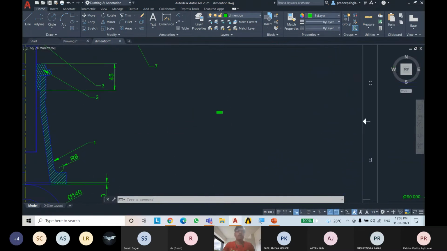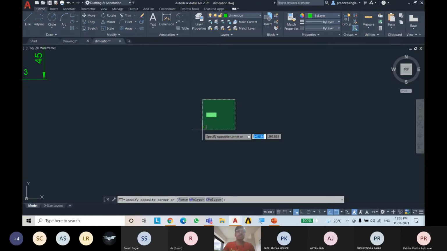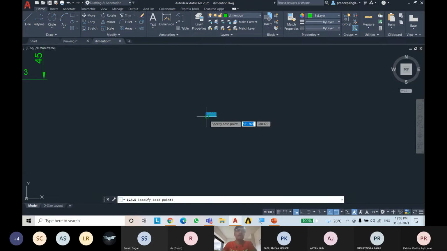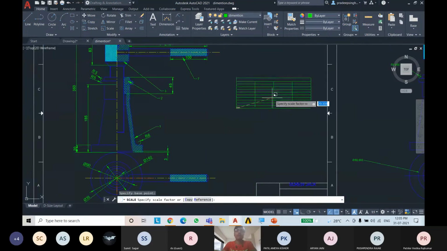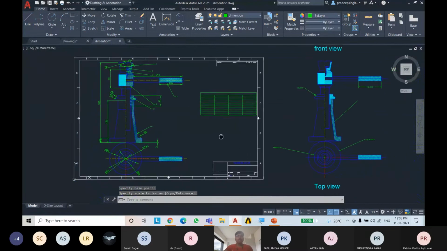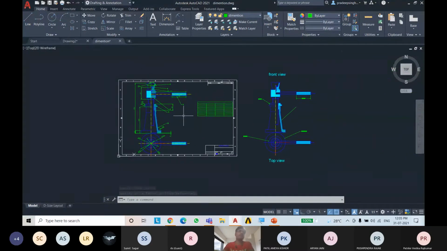If you want to increase the size of anything, just click on it, and you can also increase the size by going in modify, scale, center of base point, and you can increase the size. Okay, now we will be moving to 3D modeling.